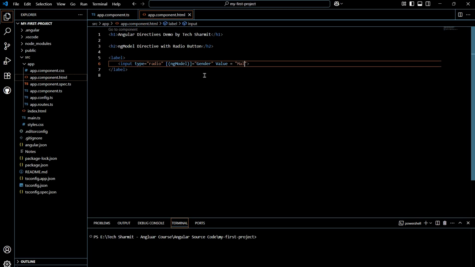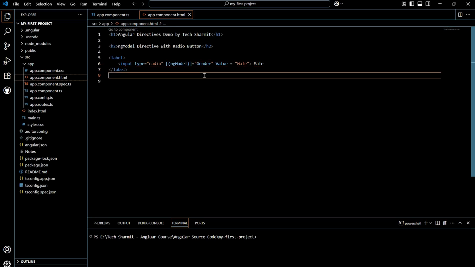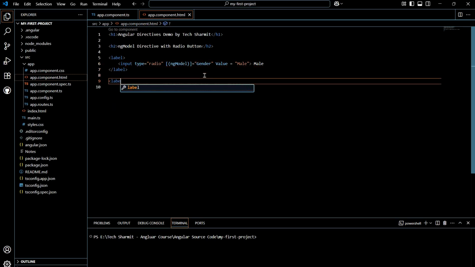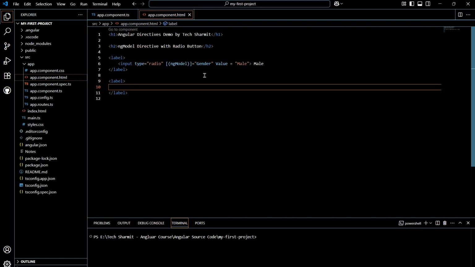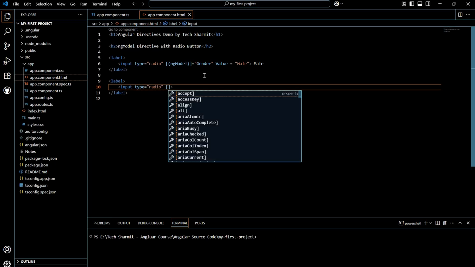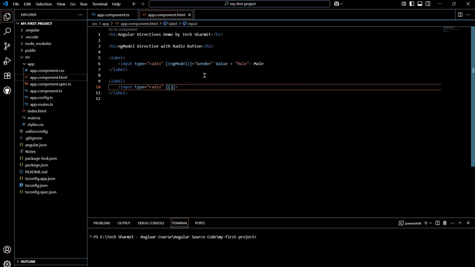Okay, perfect, and then we can put the label text here. Similarly we will define another label. In this label we will again define the input field and here we will set the type as radio, then again banana in a box, which is square brackets and inside this parenthesis, then ngModel,